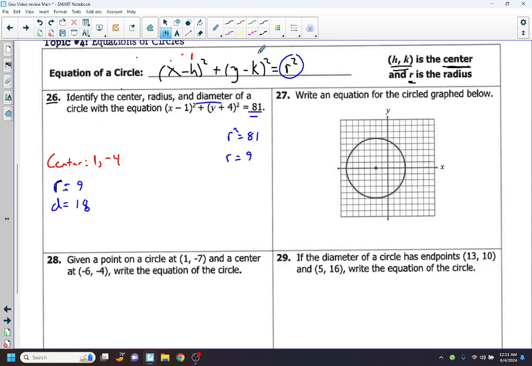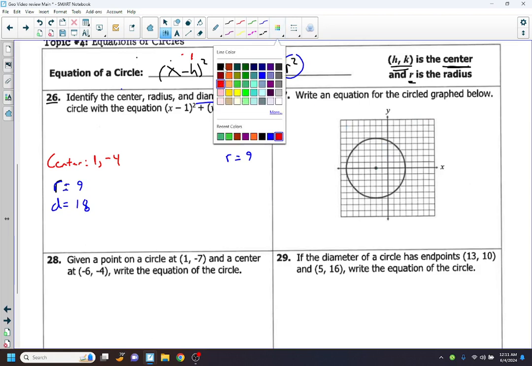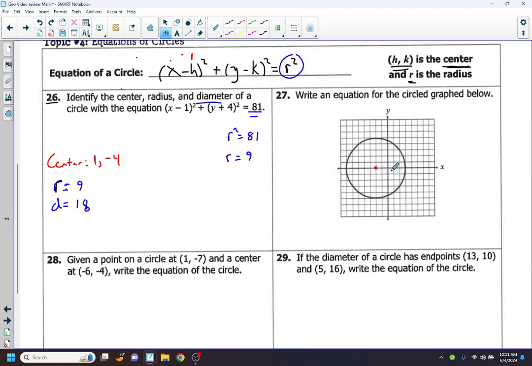Write the equation of the circle below. So first, I want to identify what my center is. My center is, this is the origin, so I went 2 left, so it's -2, comma, I didn't go up and down, so 0. So I could write this part right now. x plus 2, because double negative, plus y squared. Since it's plus 0, I don't need to put -0, so I just write y squared, equals,